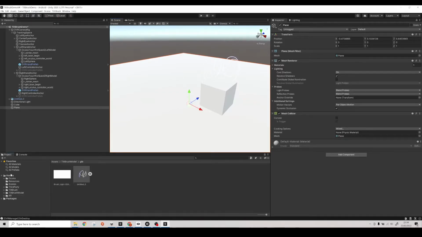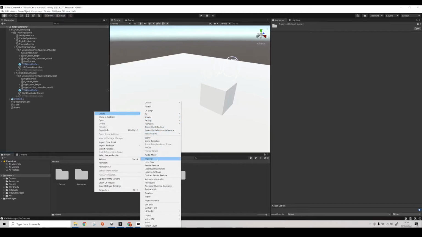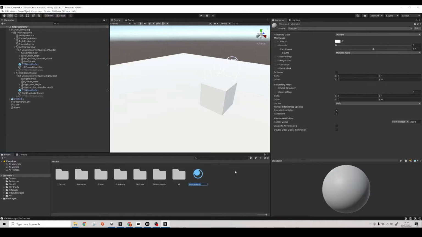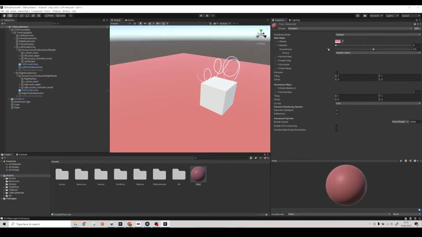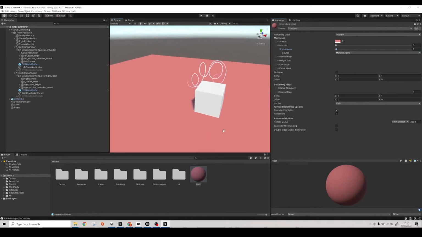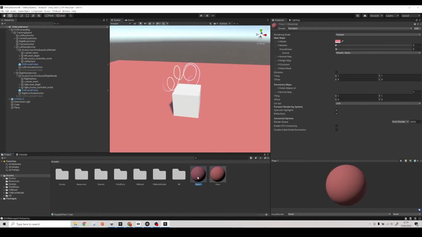And let's add a little bit of color to the scene. So we're going to right click, create material, and call it floor. Drag it onto the floor and adjust the color in the color box. Now, the smoothness is a very quick one to move about, and that basically changes how shiny that material is. So we'll bring the smoothness and shiny element right down, and we'll duplicate our floor material and recall it